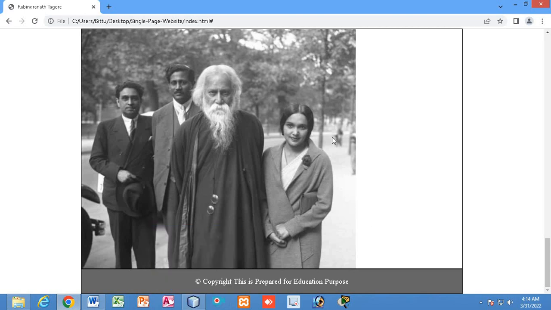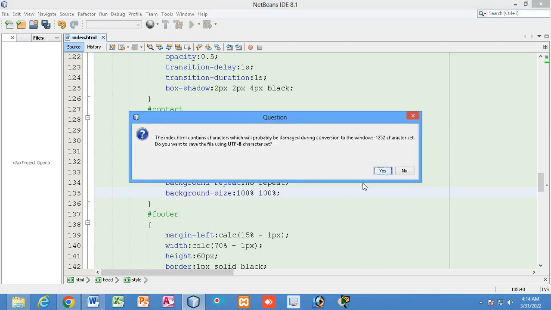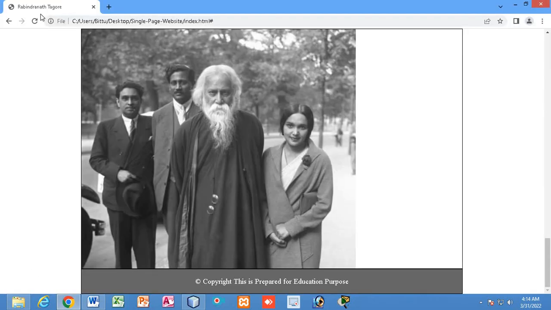But I need to stage the picture so that it will fit this container, that is the contact container. So I will write the background size, the height will be 100% and the width will be also 100%. Fine, if I do this, you can see the picture got fit here, right?